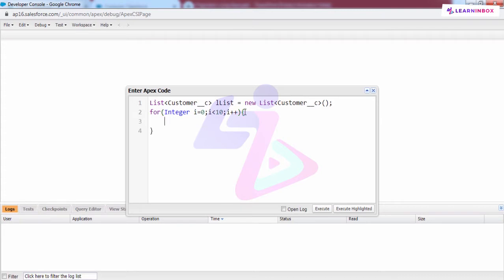Let me include a bracket. Now I also want to specify what names should be given to those newly inserted records. So for that I'll insert a variable here. So the API name followed by the variable, let's say L equal to new. Again my API name